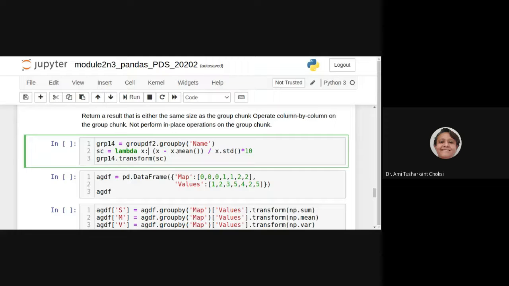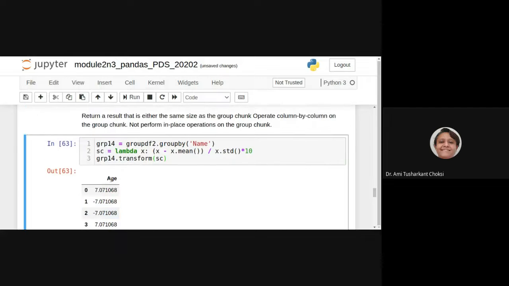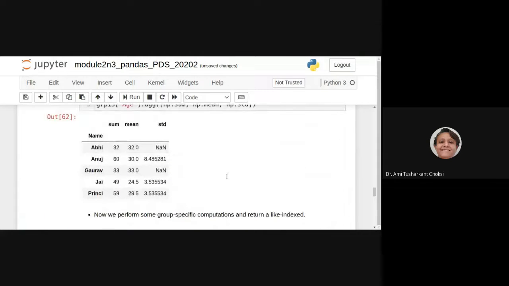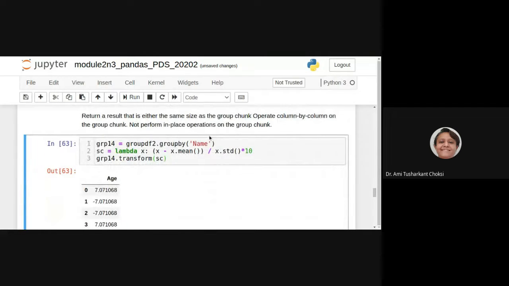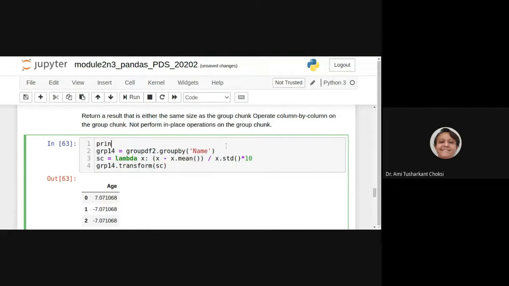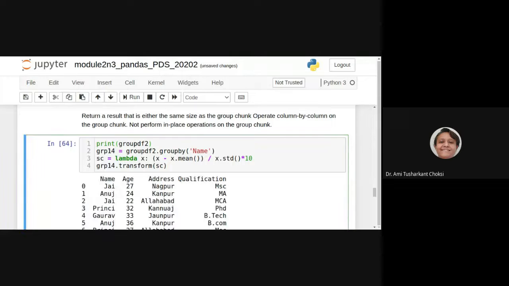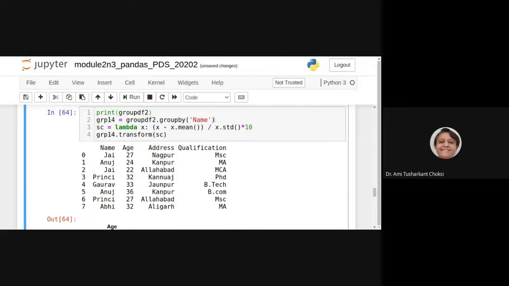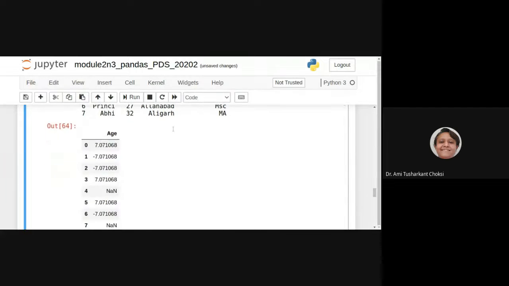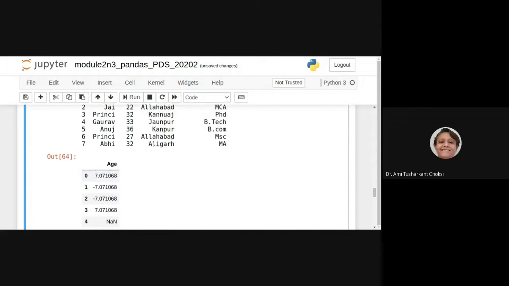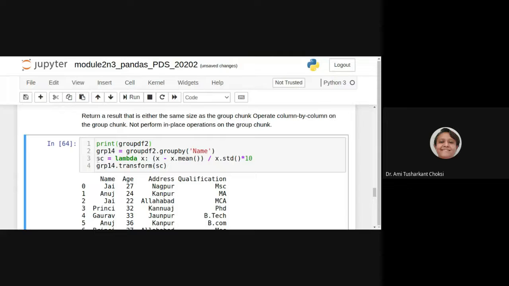Now we want to transform the data, right? So what happens? Where is the original data frame? Let me print that so we can have the idea. Print our df2, right? Then we can compare now. Here we are having group by name, and the values we are getting are for index 0 to 7, right? We have applied this transformation.